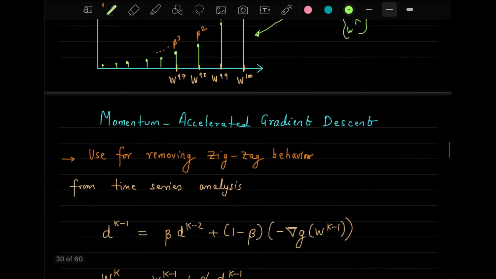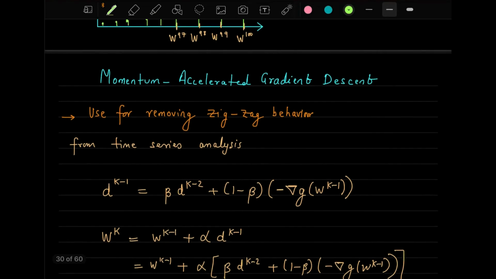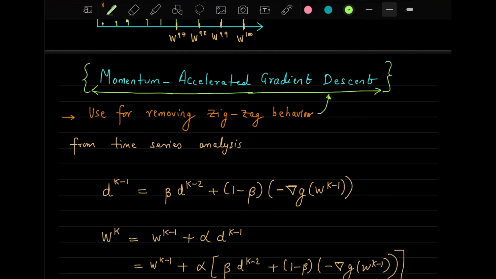Okay, so once this is done, let us come back to our original method that we were discussing in order to remove the zigzag behavior. The method that we were saying will remove the zigzag behavior in gradient descent is momentum accelerated gradient descent, and it is actually used for removing the zigzag behavior. So let us see how we will do that. So what we are doing is